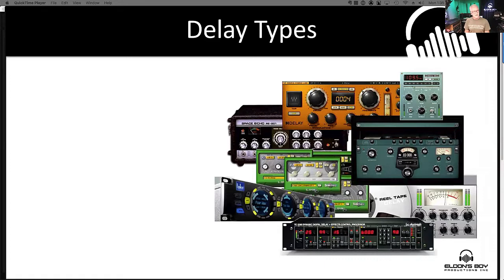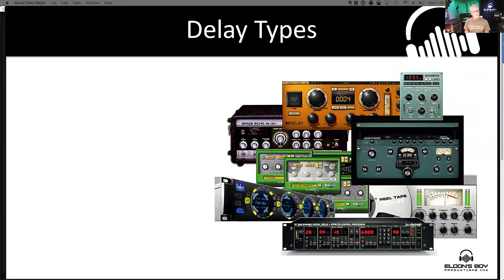So let's start off. I mean, we're going to talk really broad for a little bit, and then we'll get down in the weeds with it a little bit. So let's talk about some delay types. And, not for nothing, in digital consoles, we got more delay options than we ever dreamt possible, right? I mean, we can do so many things with delays because we have so many of them available to us